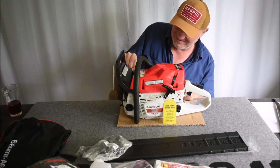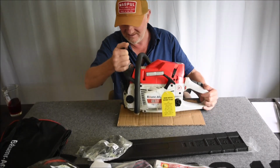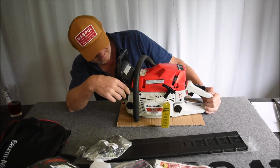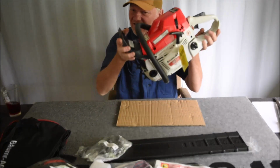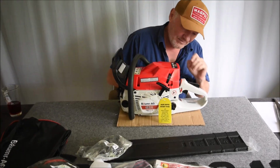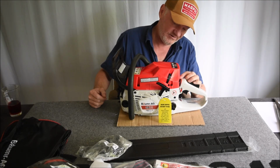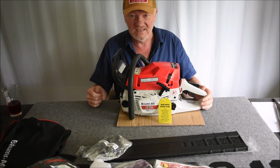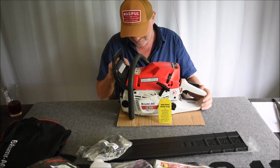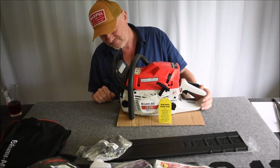It's all rattling around. Oh, that's the, okay, yeah. Dopey. That's the sprocket rattling around. So I'm going to get a set of Allen keys and go over it with a fine-tooth comb, make sure everything's tight, because that screw wasn't for the safety brake, but wow,